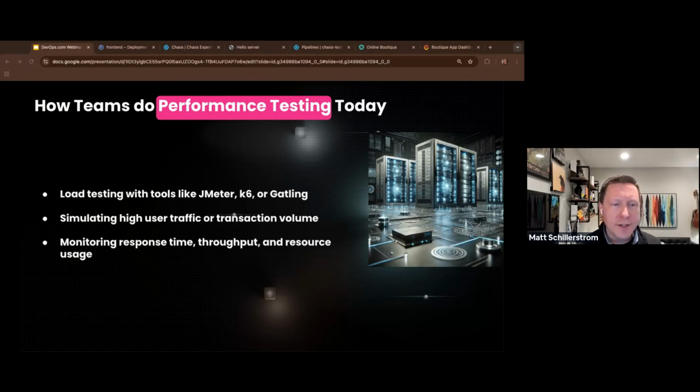And then they're monitoring response time, throughput, and resource usage. Basically, what's the customer experience on my application when my infrastructure is scaled up with 10,000 users? What's that response time? Is it a good experience or bad, right? They're performance testing, load testing, right? They're taking the new code that was written, putting it into a container, perhaps onto a pod within Kubernetes. And then how is it performing? Is the new Java code still efficient and running? At the end of the day, is my user still able to click buttons on a website with a good response time and everything?